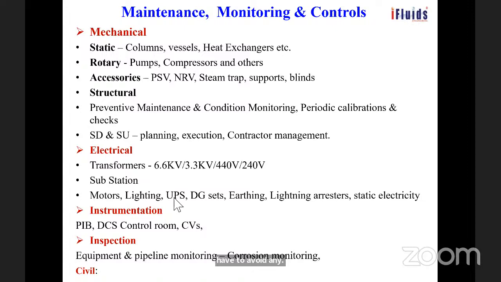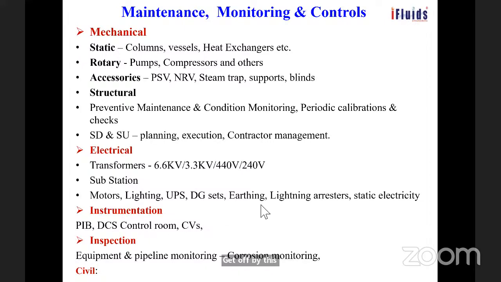They have UPS, uninterrupted power supply, and the DG sets also. The key equipment will have separate power, so no major damage to the unit. And they take care of earthing, lightning arresters, and all those things. And instrumentation: the entire instrumentation is taken care of by this section, and they have